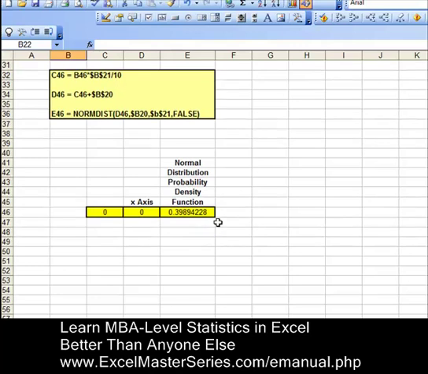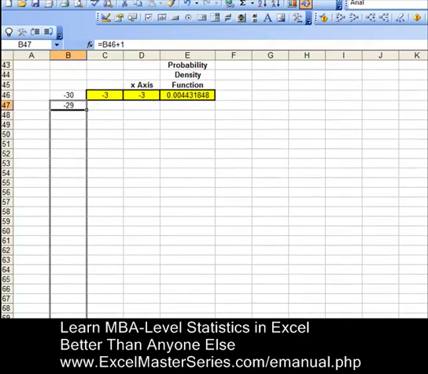Now we need to create the data, the x and y axis data. There are many ways of doing it. Here's one way. We're going to create 4 columns of data. The first column starting with -30, and each cell after that equals the previous cell plus 1. So we write in that formula, and then to drag that formula down, put the cursor in the corner of the cell till you see the cross, and then drag it down just like that as far as you need